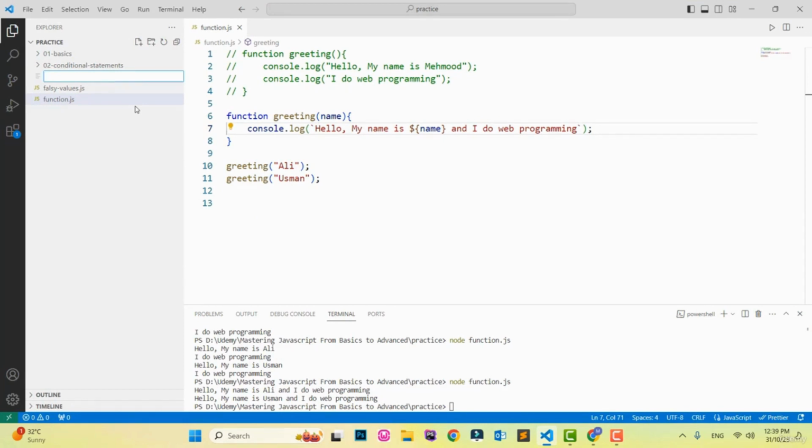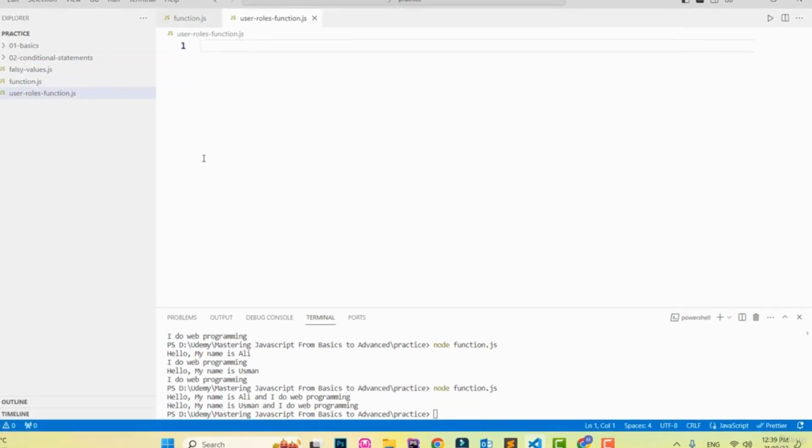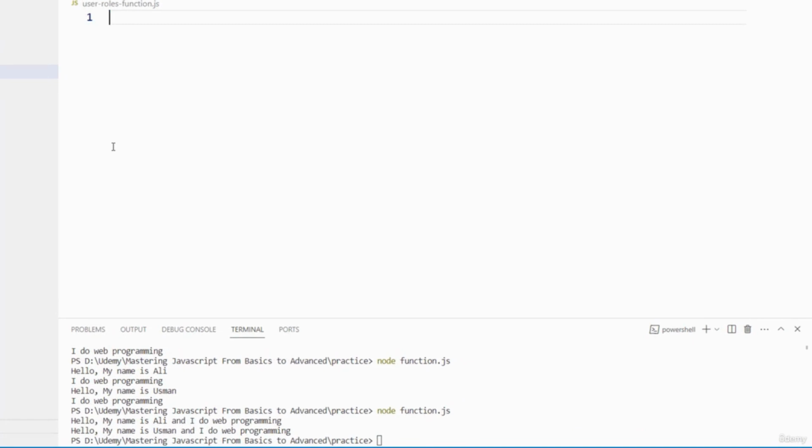So I'm giving user roles function.js, and here let's say I want to define a function for user role which will tell us what is the role of the user and what is the name of the user. So let's define a function with the name of user role, and here we will pass two variables. First one will be a name and second will be a role. Now here we need to evaluate